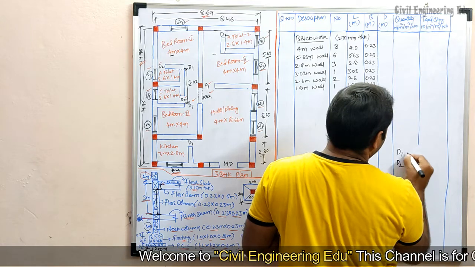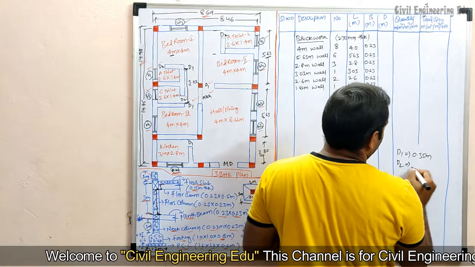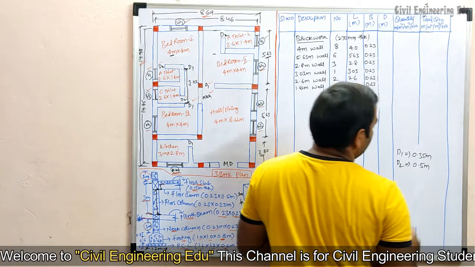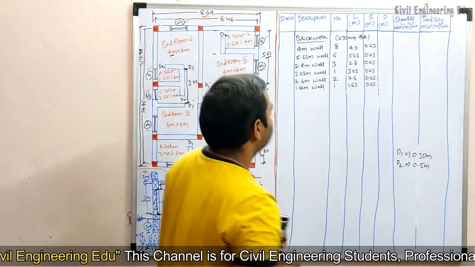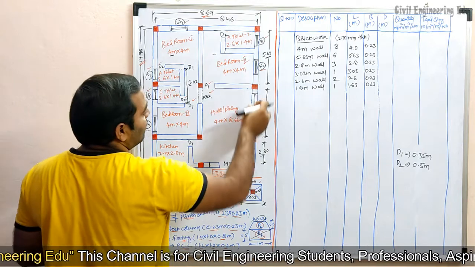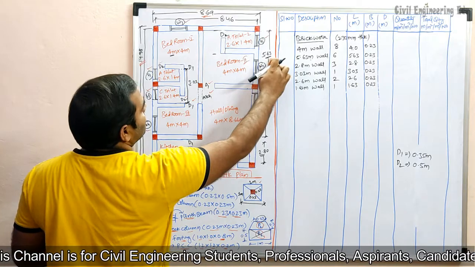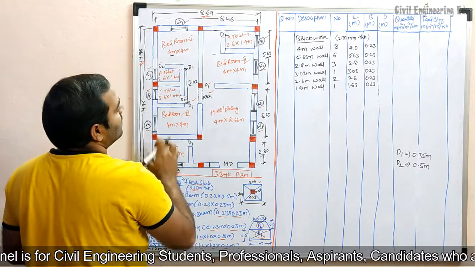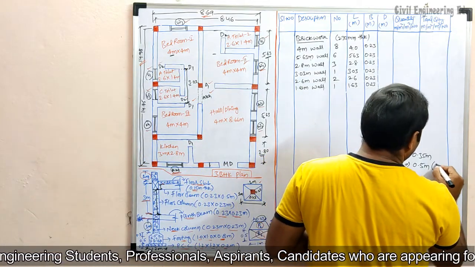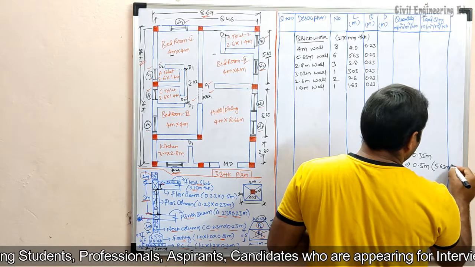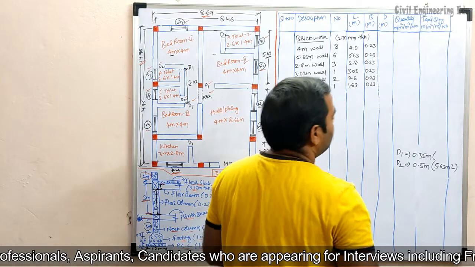For example, I have taken two depths here. One is 0.35 meter and another one is 0.5 meter. So beam depths of 500 mm and 350 mm are there. The 500 mm depth is taken for all these longer span beams. This is a longer span, this one, this one, this one and this one. These 6 beams are longer span beams. I have taken this for the 5.63 meter length beams, and for all the remaining beams I have taken 350 mm.